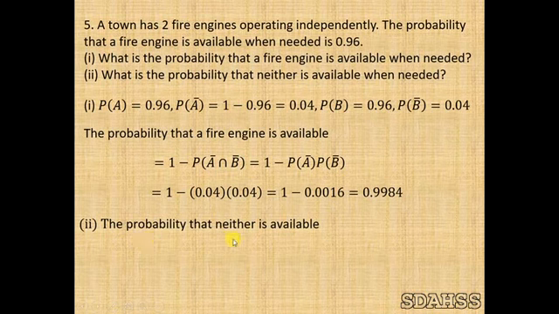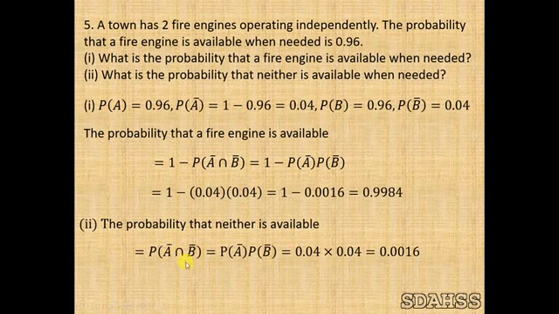Subdivision 2, the probability that neither is available. Probability that neither is available is equal to P of A bar intersection B bar. P of A bar intersection B bar, we can write P of A bar into P of B bar, which is equal to 0.04 into 0.04, which is equal to